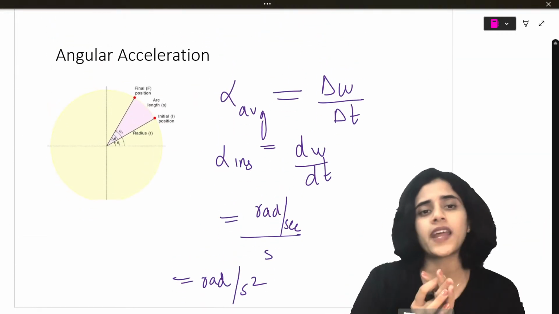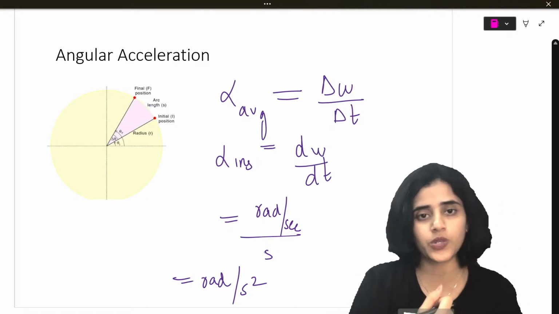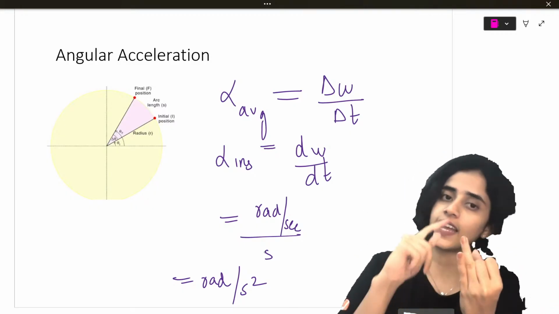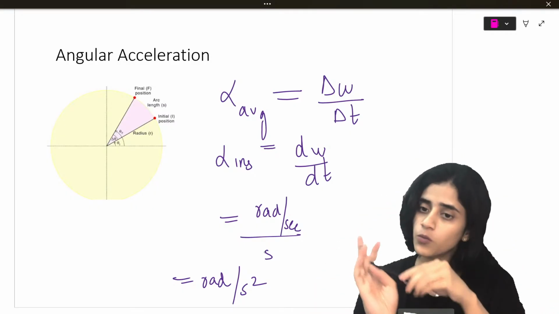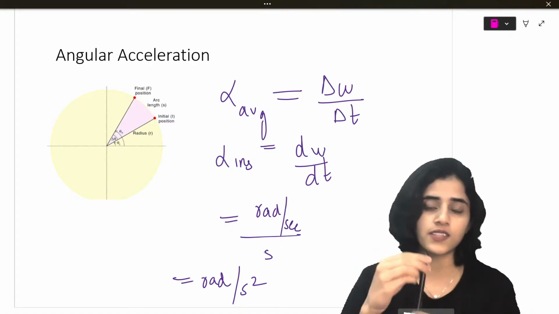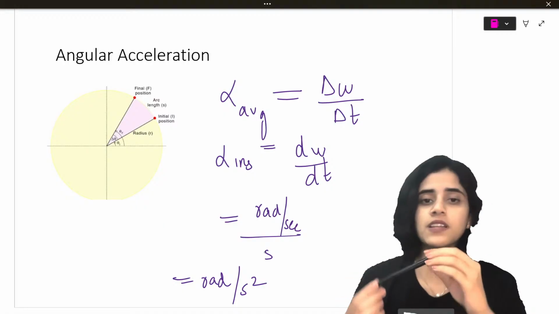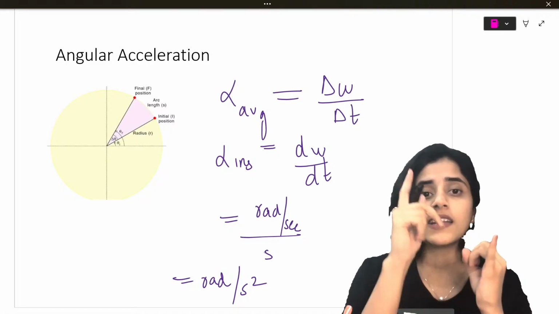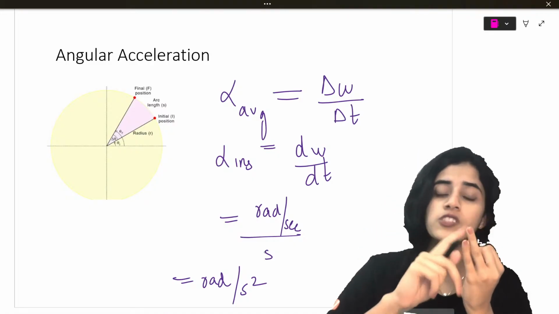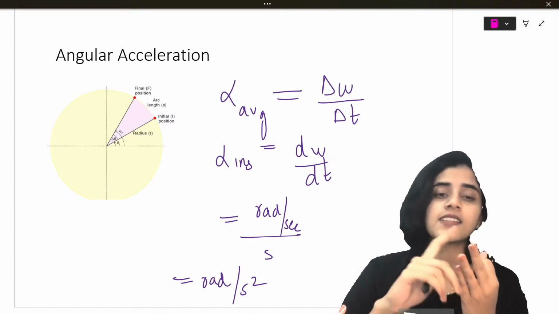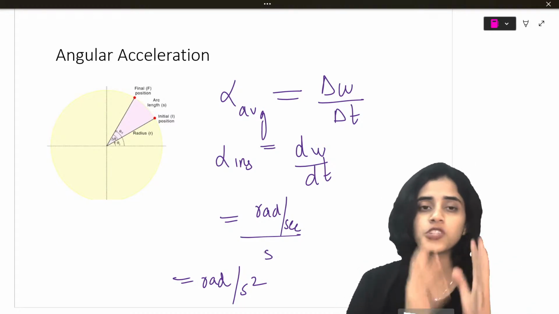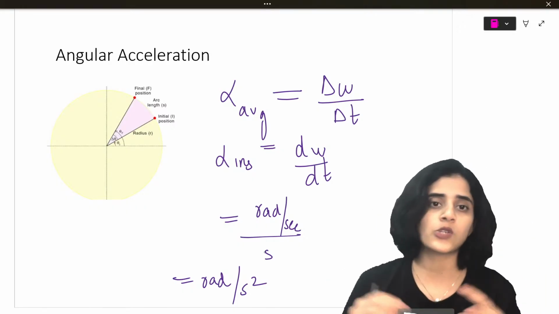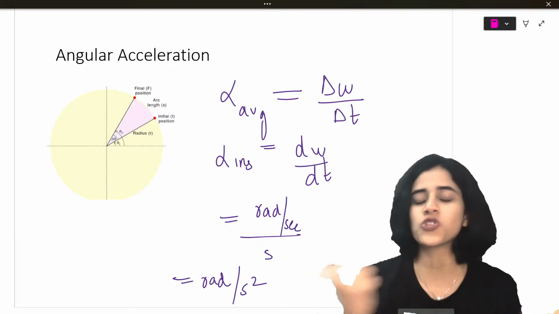So, these are all some parameters of angular motion. Okay. So, we know when something moves in a straight line, it will have velocity, it will have acceleration, it will have displacement. Now, when something moves in an angle, when something takes a circular path, it will have angular displacement, angular velocity and angular acceleration. Okay. So, angular displacement is given by del theta. Angular velocity is given by omega. Angular acceleration is given by alpha. Okay. So, you need to know linear parameters and circular parameters. Okay. Yes. So, that is one shot of motion in a plane.